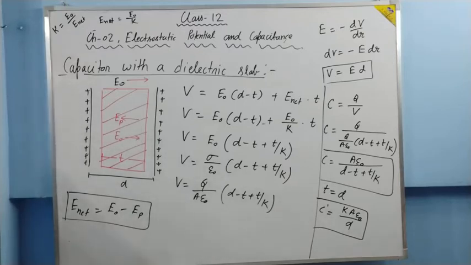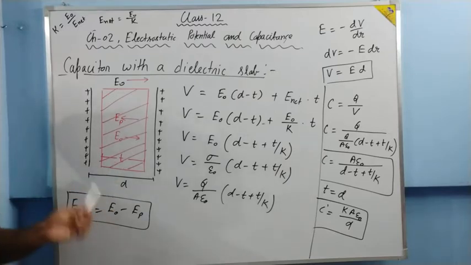Now suppose let me twist the situation a bit. What I am asking you: suppose in place of this dielectric slab, if we have a conducting slab, then what will be the difference? Tell me. In a conductor, what happens? I have told you in the properties. If you have not seen the previous video, you have to see. In the conducting material, where the material is present, the net field is 0. So inside it, there will be no field.